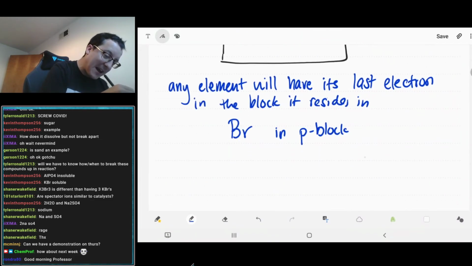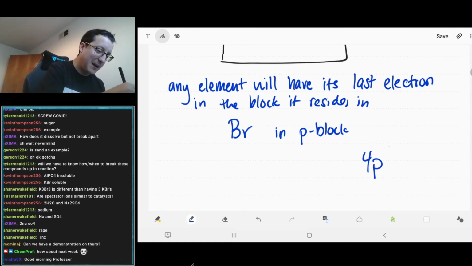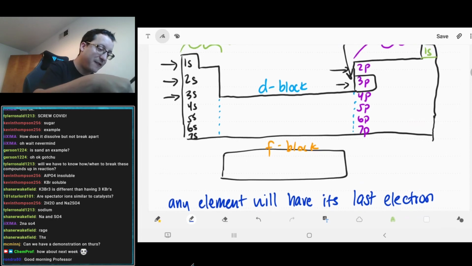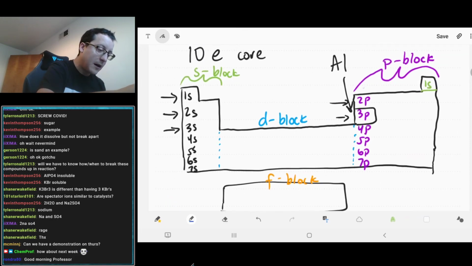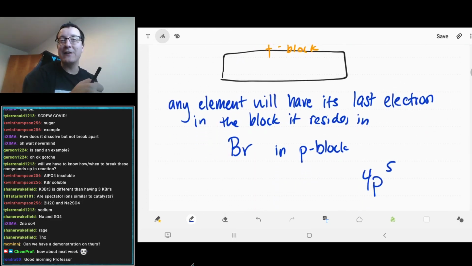So it's going to have 4p as its last subshell. That's the last one we're going to fill up for bromine. And if we see where bromine is, it's the 5th column. 1, 2, 3, 4, 5, 6, right? There are 6 columns in the P block. Bromine is right here. So bromine will have 4p5 as its last